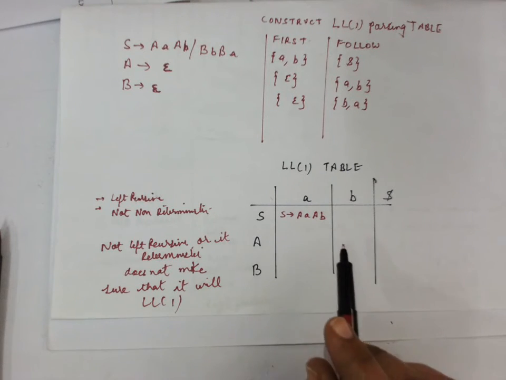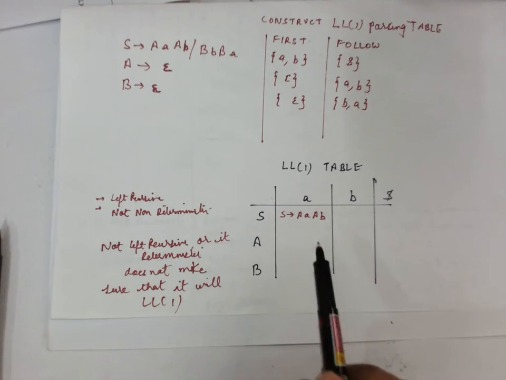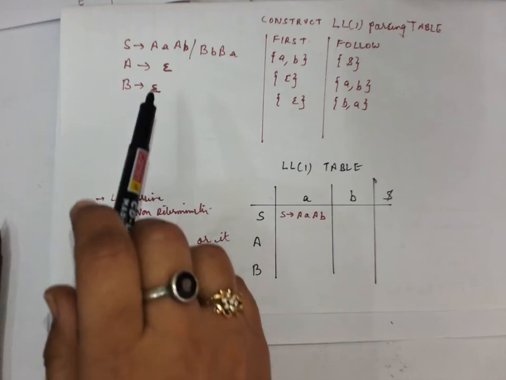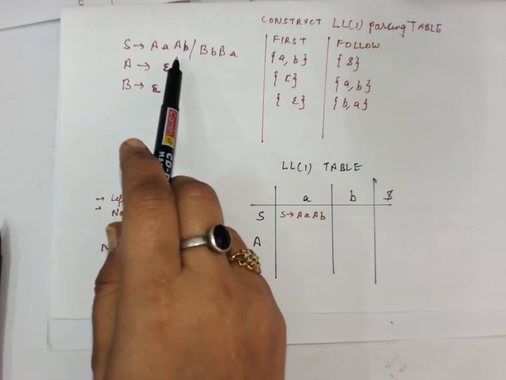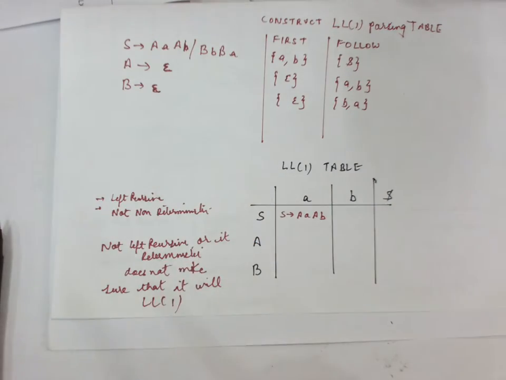We should be very sure कि ये production rule आएगा that will generate this terminal from the earlier production or from the non-terminal. ठीक है, अगर वही clear नहीं है तो then how we can say कि this is a predictive parsing table. So let us see with this example. Suppose we are given this grammar: S gives capital A small a, then again capital A small b, similarly B b a, and A gives epsilon and B gives epsilon.